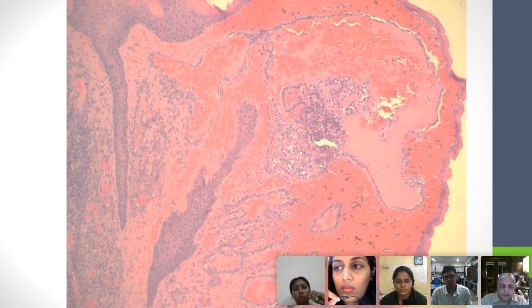When we ask what the relationship of the lesion to the normal is, is it arising from the overlying epithelium, or is it deep to it? It is deep to it. So you can say that this does not appear to be arising from the overlying epithelium. All right, and there is some sort of inflammatory process over there. Good.